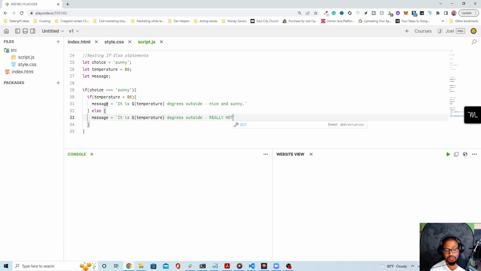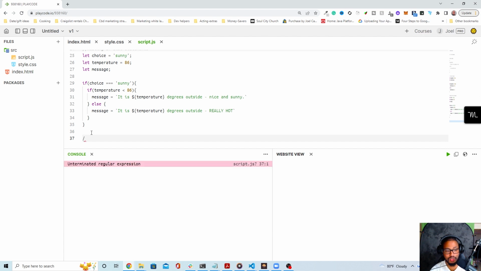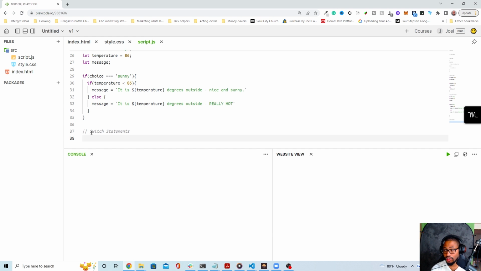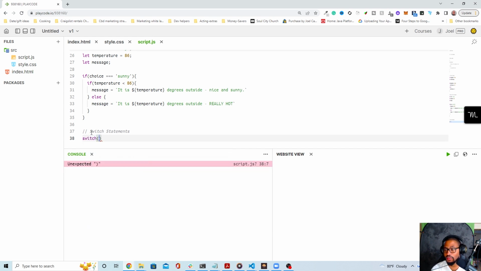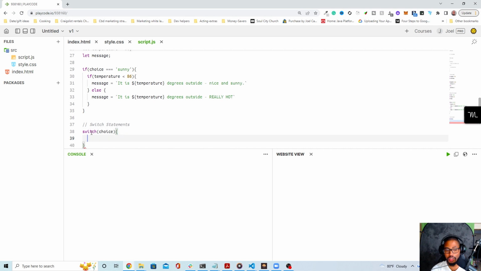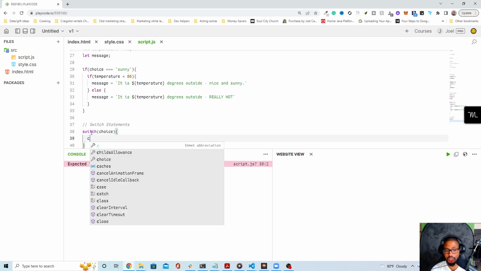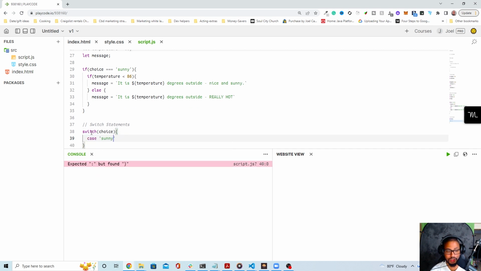All right. So from here, let's now switch gears, and no pun intended, let's now talk about switch statements. A switch statement looks like this if you've never seen it. There are a lot of statements that float around inside of JavaScript specifically. It starts with switch, as you might have guessed, and choice is the thing that we're going to be basing the switch cases on. So we'll say if the choice is a case of sunny,